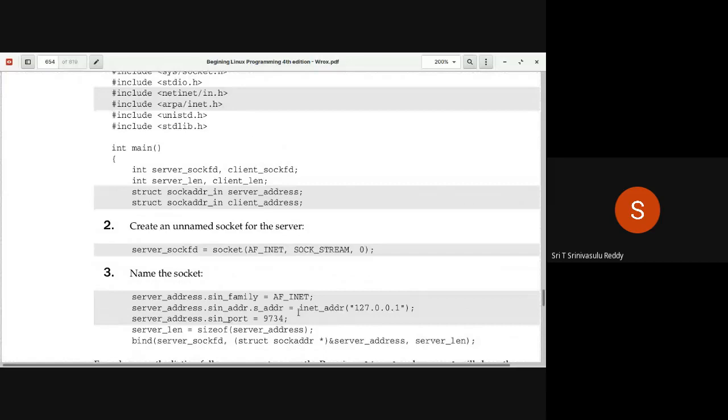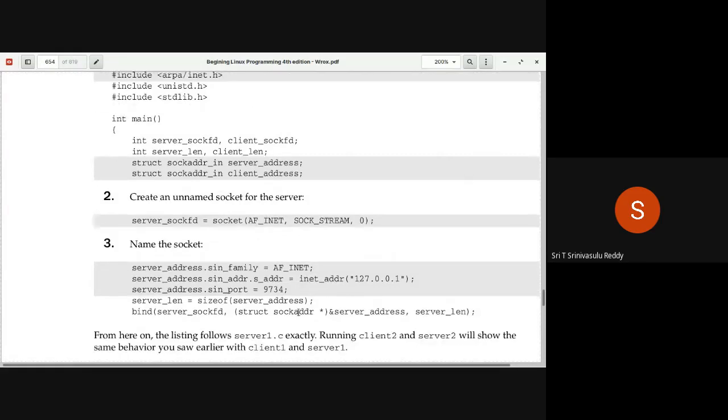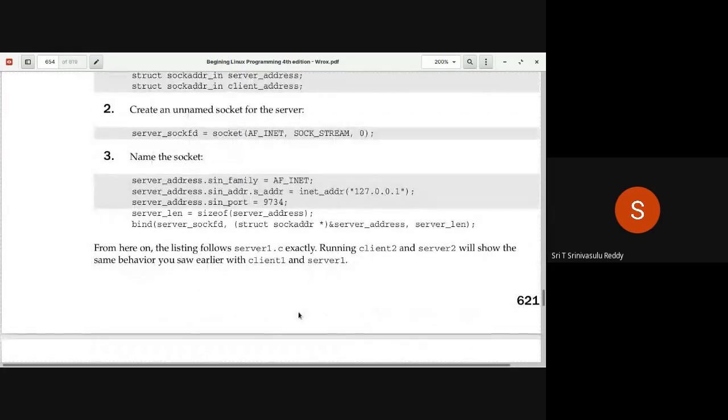I think all of you are slowly following. If you take a look at the structures and address formats, this is the address format for the internet. struct sockaddr_in is the address structure for the internet. How do you invoke the socket system call?